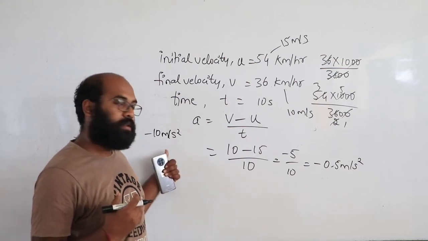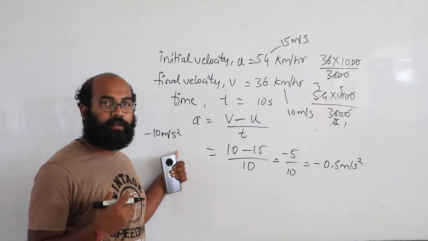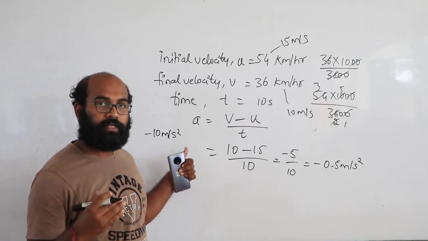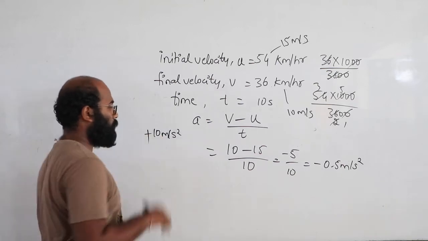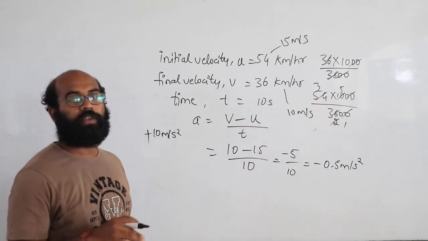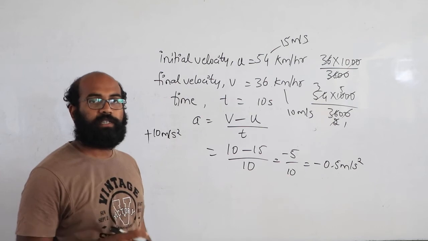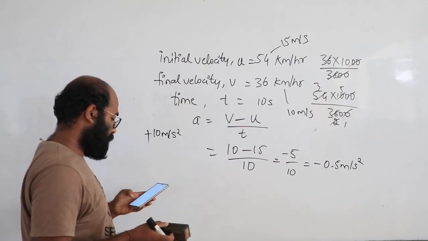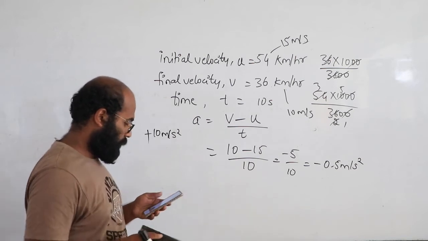So here, if the acceleration is negative, it means that the speed of the object is decreasing. If the acceleration is positive, it means the speed or velocity of the object is increasing. So you have to be careful. So next,